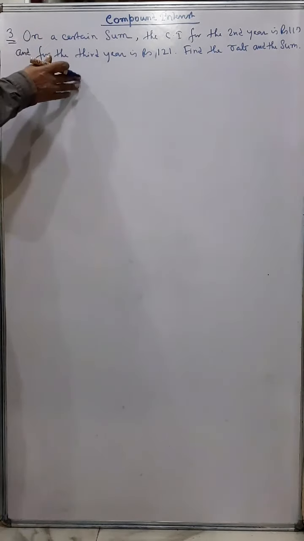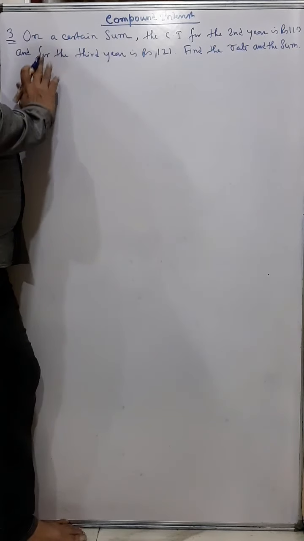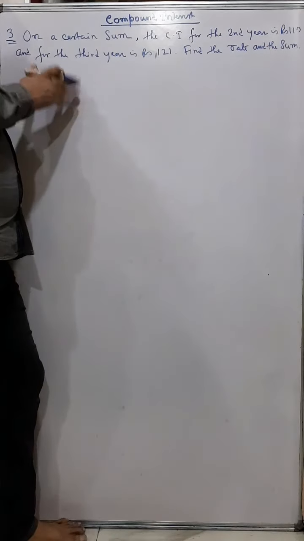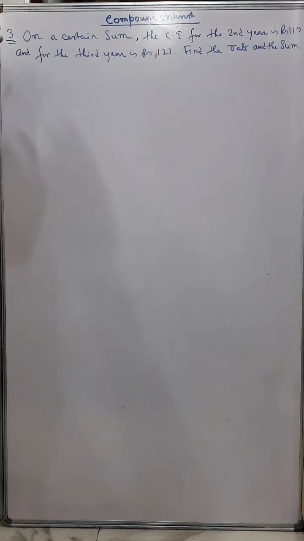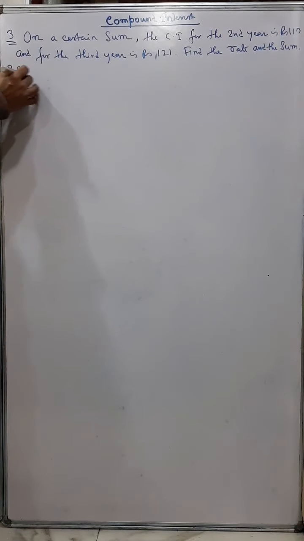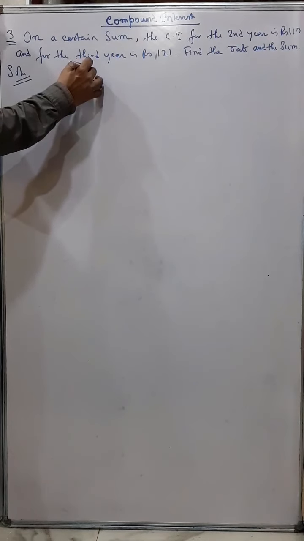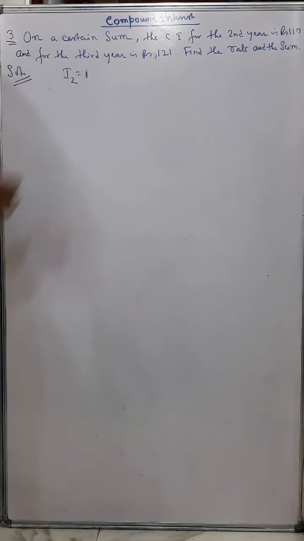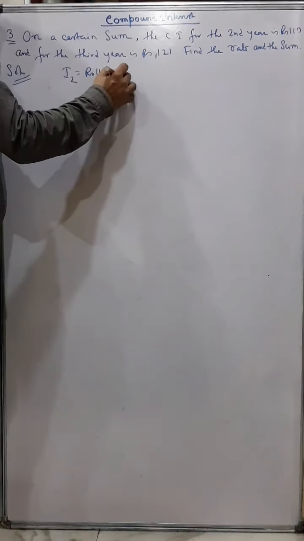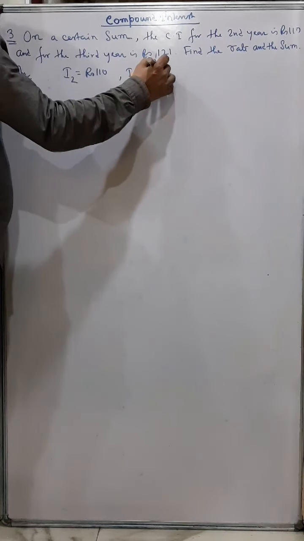In the first video I explained the difference between CI and SI and what we mean by CI. That concept is required. If you don't understand that first video, you can't do this sum. So if you remember, symbolically, this is the interest for the first year. Now the interest for the second year is given to me, rupees 110, and the interest for the third year is given to me as how much? Rupees